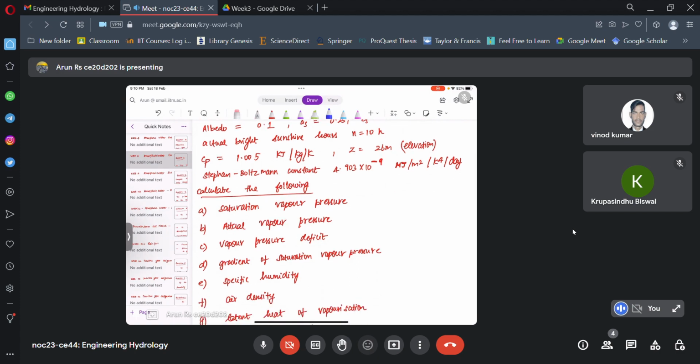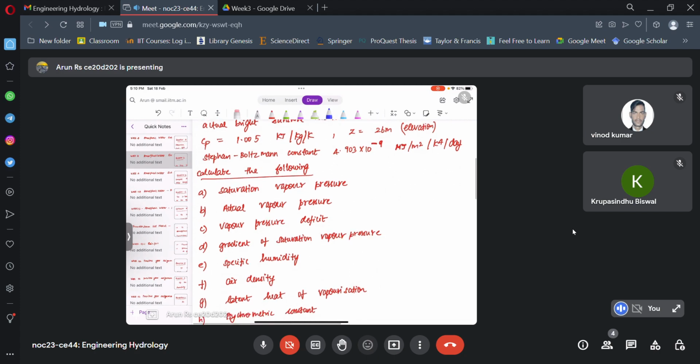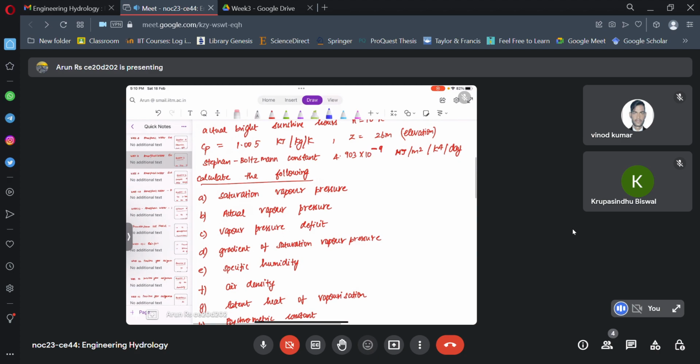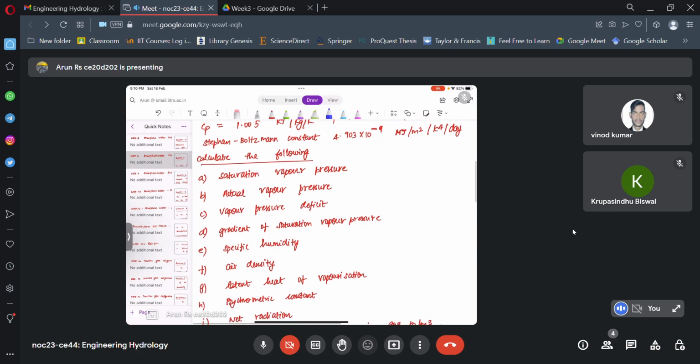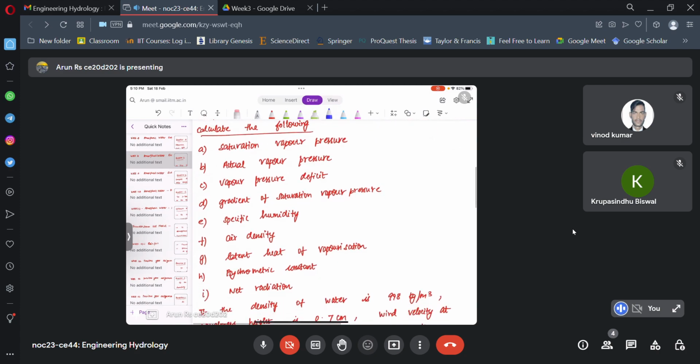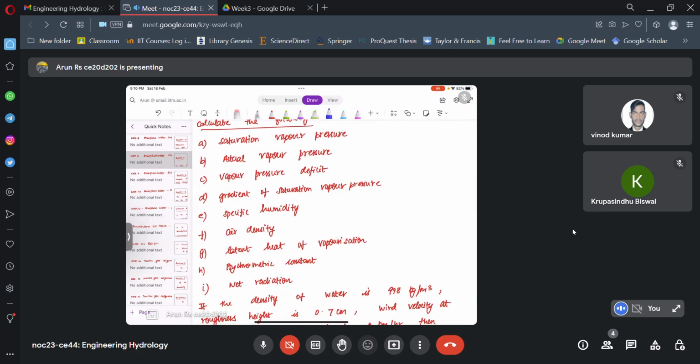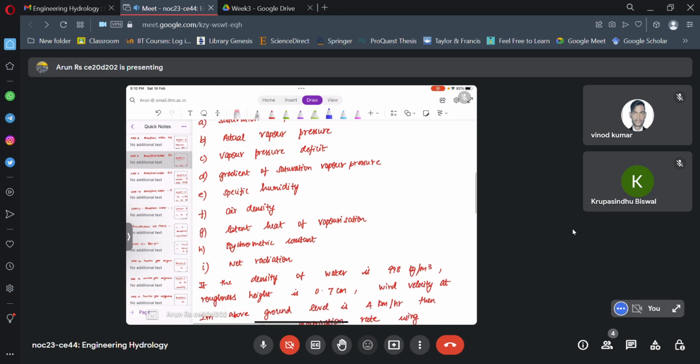Actual bright sunshine hours is given. CP is given, specific heat capacity constant. The elevation of the place is 26 meters. Stefan-Boltzmann constant is given. Now we need to calculate this many parameters: saturation vapor pressure, actual vapor pressure, then vapor pressure deficit, gradient of